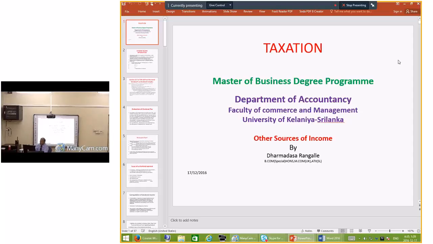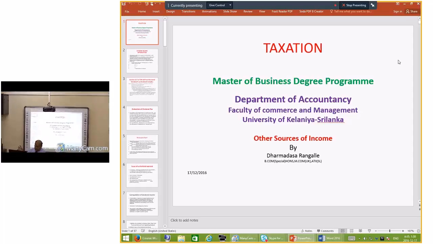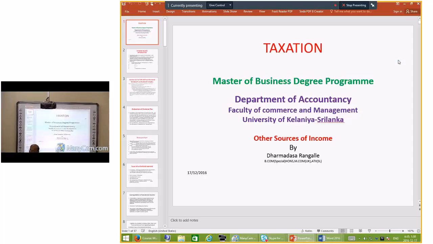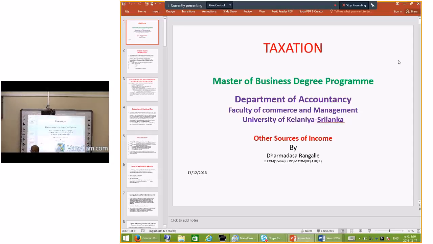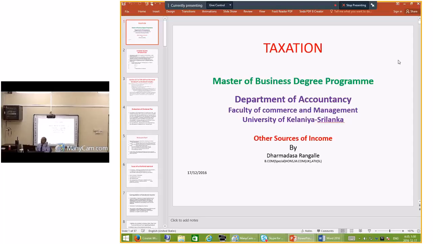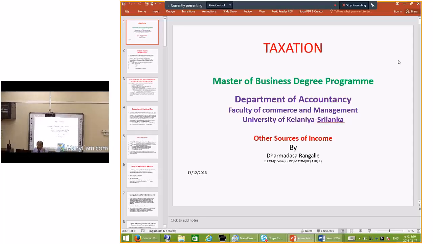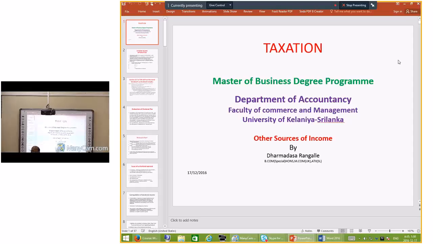For the purpose of commercial accountancy, economic depreciation is allowed. But according to the taxation rules, depreciation is not allowed, but a capital allowance is allowed, at a rate specified by the minister from time to time. Accordingly, these days 20% of capital allowance is allowed for motor vehicles, and 33 1/3% for plant and machinery. In some cases, 100% of capital expenditure is allowed, especially when special investments are made by a company